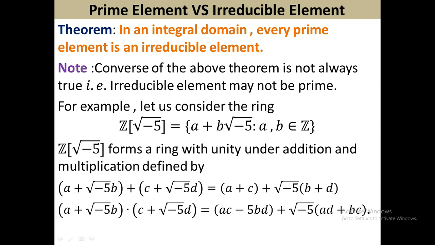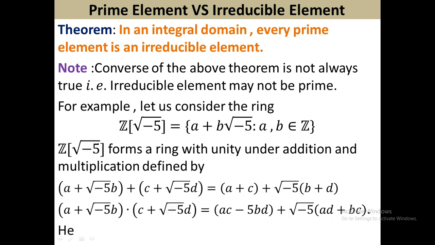You know another formula, root of ab equals root a times root b, but this is not applied in that case because this rule holds only if a and b are both positive. Here minus 5 is not positive, so you cannot use that theorem. However, the second part is, if you multiply a with square root of minus 5 d, then you will get square root of minus 5 into ad, and if you multiply square root of minus 5 b with c, then you will get square root of minus 5 into bc, therefore this result.